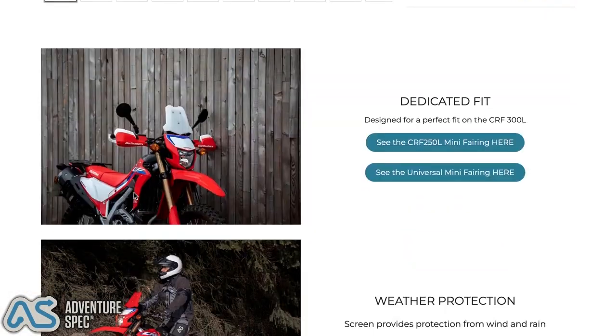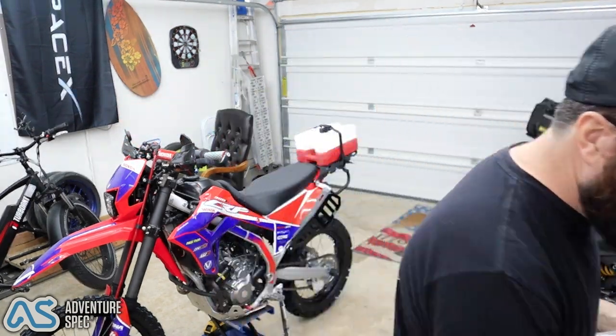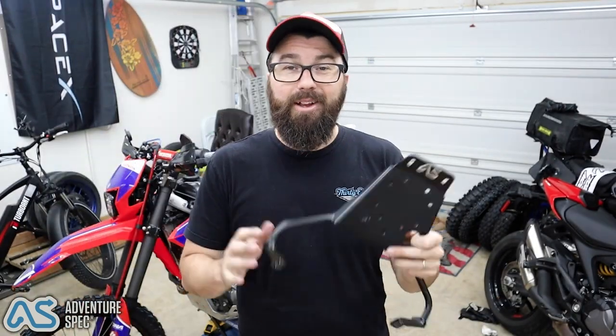They make a bunch of stuff for the 300. This is like a fly screen. It's gonna go right up here. A little bit of a wind deflector, okay? And it's more than just a little wind deflector. Mounting bracket here, which gives us a place to mount things to. I want to put my GPS up on here, block a bit of wind, give me a great place to